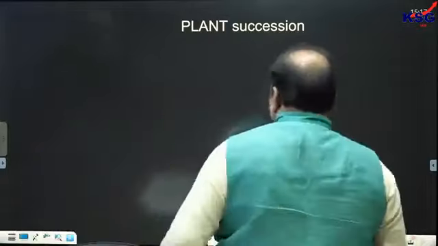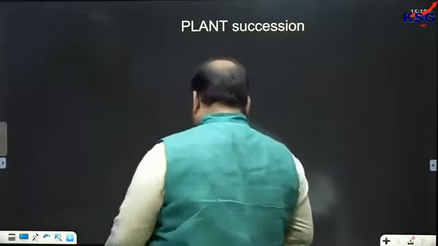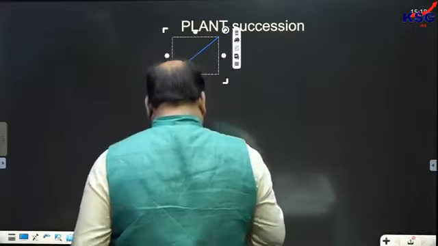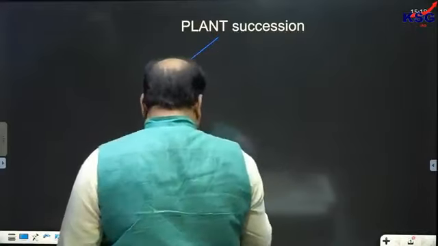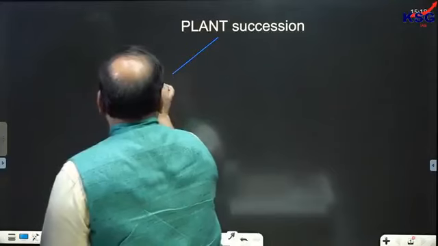So the area where there was no vegetation from the very beginning, if vegetation gets established in that very area, now this process would be called as what? It would be called primary plant succession. The plant succession can be of two types. So here we are saying that primary